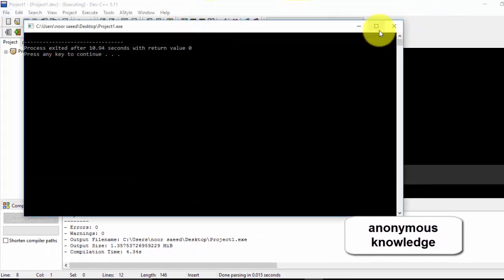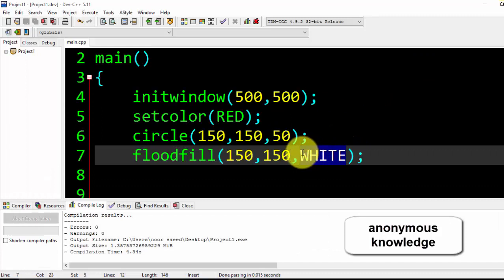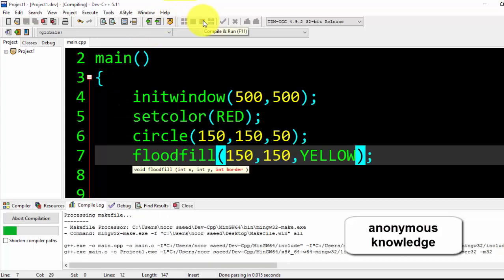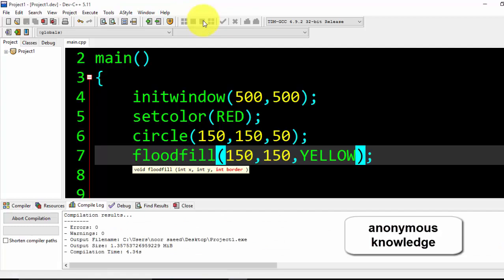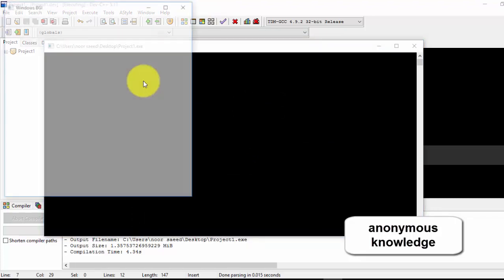Let me change it here to yellow color. What will happen? It will fill the whole window. It will exceed the border of that shape and the color will spread throughout the window. See, again it shows me white.